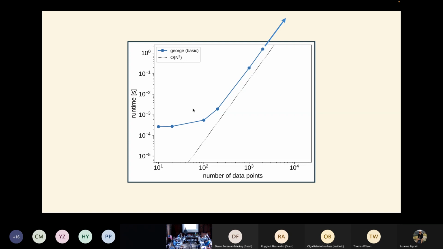And I think, like I said, I don't really know anything about RVs. Maybe 1,000 data points is not so bad, and it only takes a second to evaluate that. So you might potentially be able to do some interesting things with that. But I come from the world of photometric time series where we're looking at hundreds of thousands of data points. If we tried to execute this, it would take a month to compute the likelihood once. This n cubed scaling really sucks when you get to large data sizes. So this is the context. Okay,